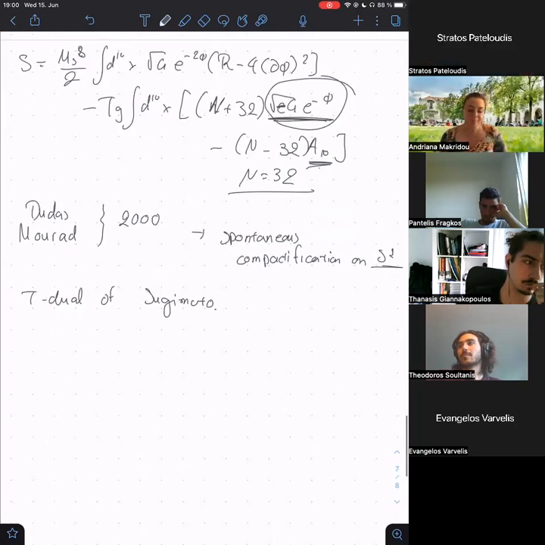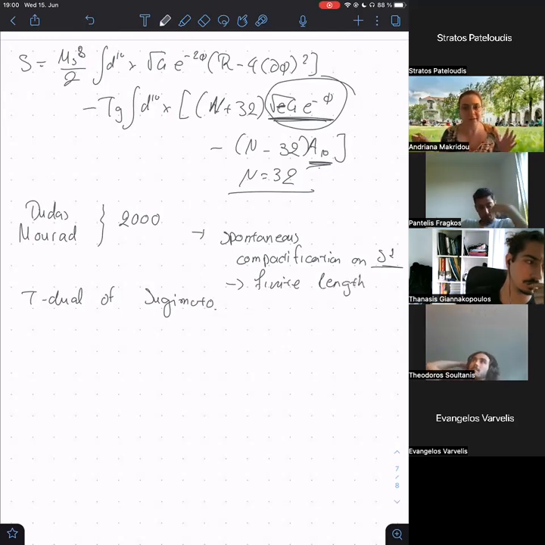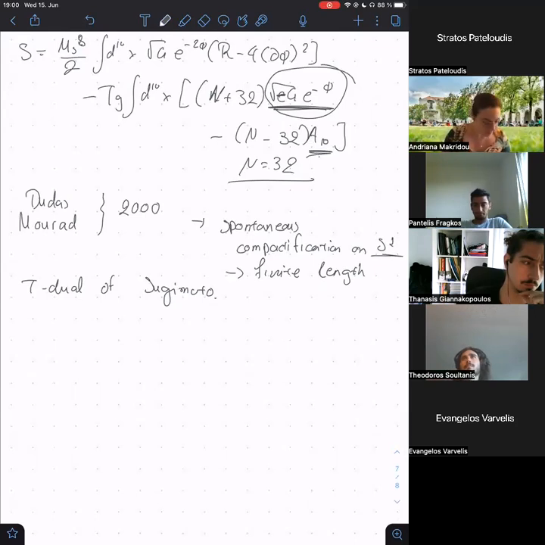The whole claim by them is that the spontaneous compactification that's happening, or you have some kind of finite length in your solution. There could be singularities at specific points, so the distance between the singularities, so the space-time length for which you can transfer your solution is finite. And what they are claiming is that, okay, you have these two things. If there is a dynamical